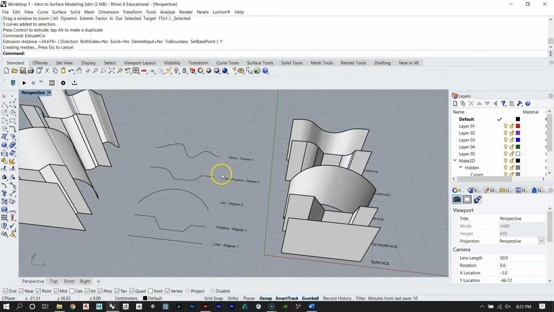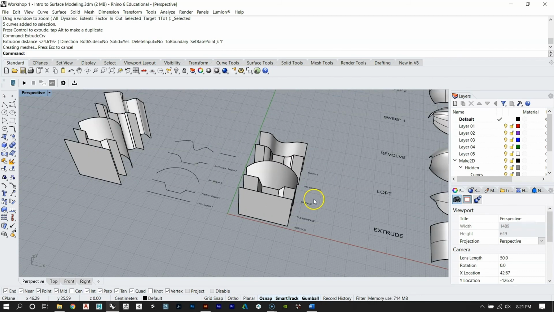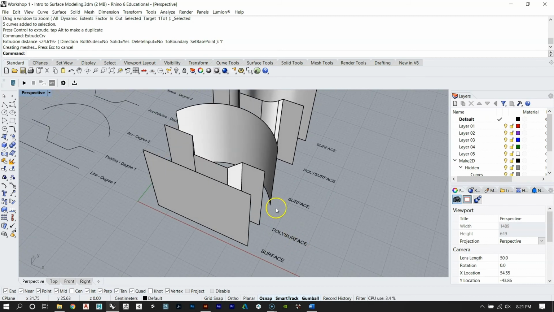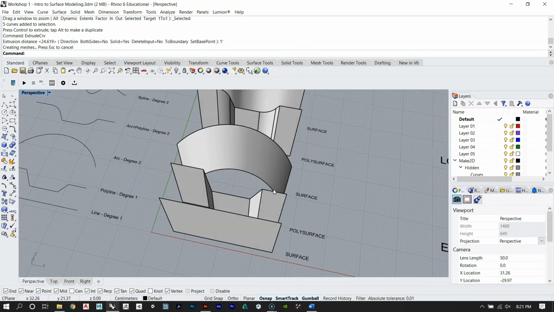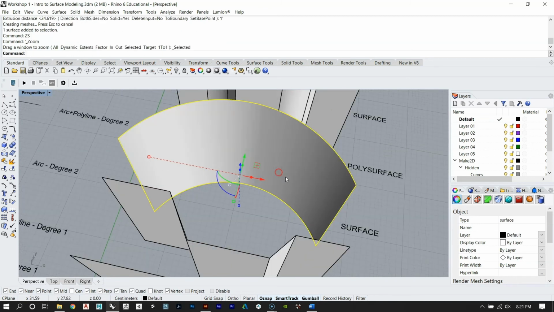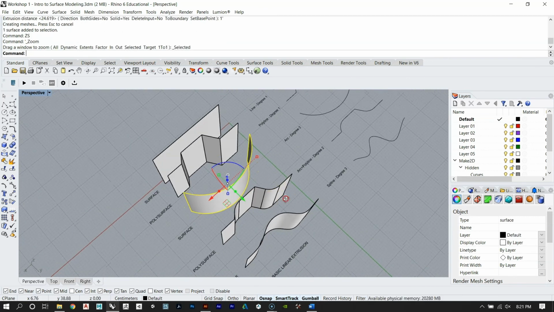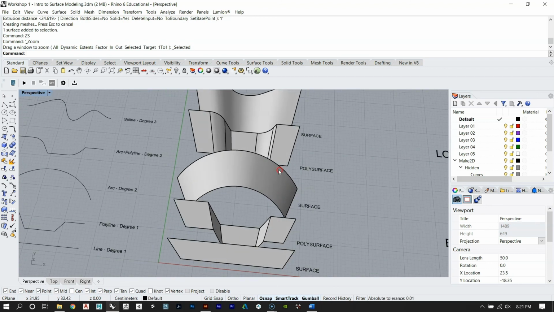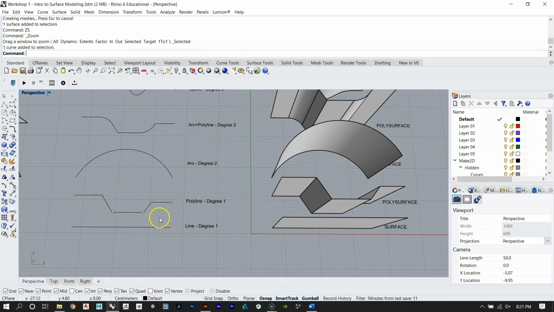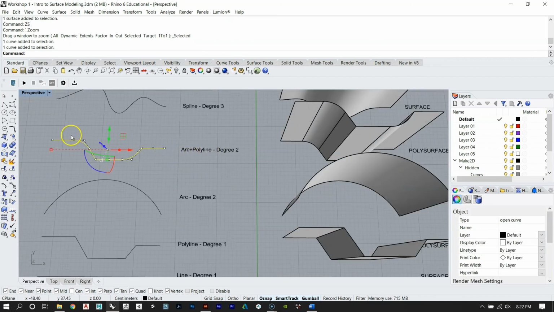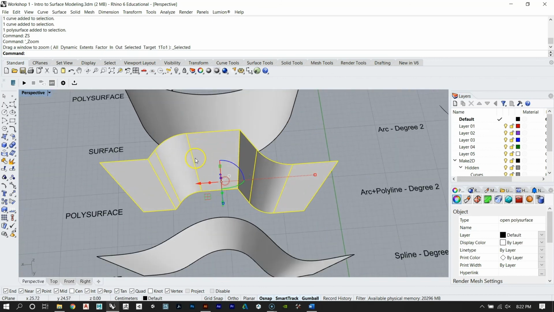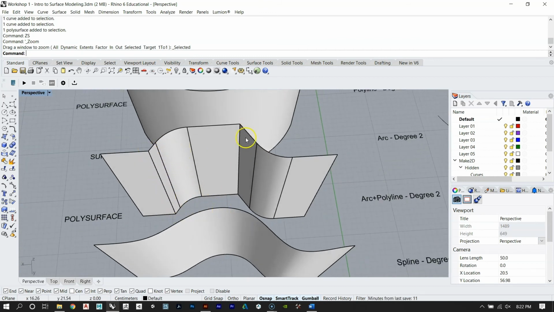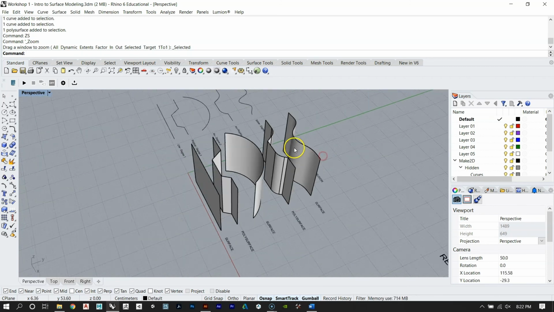When you extrude a curve into a surface, you're going to get 2 different types of surfaces. One is just a surface, and the other is a poly surface. It's really important to understand the difference between the two. A surface is just a single surface. It's one curved plane or warped plane, and it's not comprised of multiple surfaces. But you'll notice when I extrude this polyline, or this arc and polyline, I've got multiple surfaces shown with these dark lines here. Basically each one of those lines pops up wherever there's a kink in your curvature